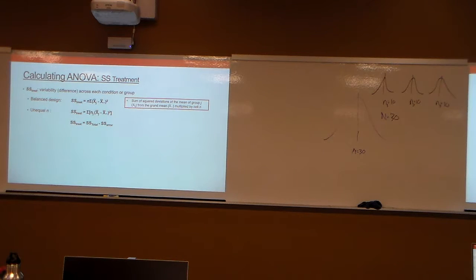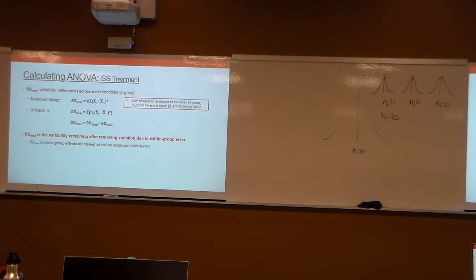Because everything squares to 0 within our ANOVA table, if this is my sum of squares total, this is my total variability, right? And this is the sum of squares error. This is stuff that's just due to random variation within groups. If I take the sum of squares total, subtract the sum of squares error, what am I left with? Differences across groups,